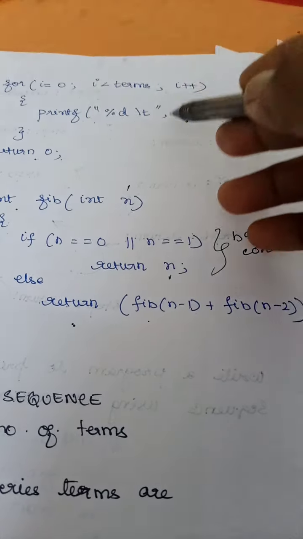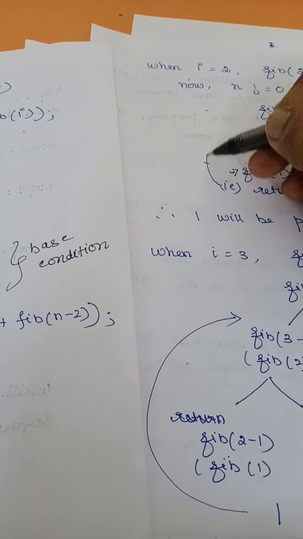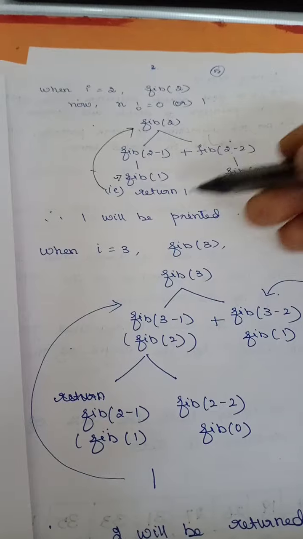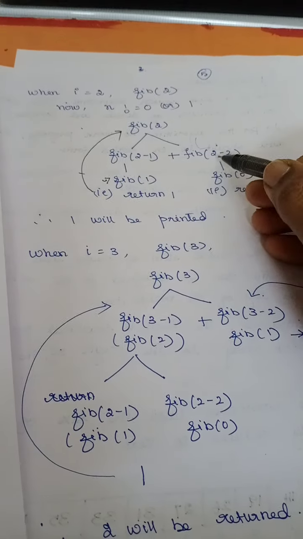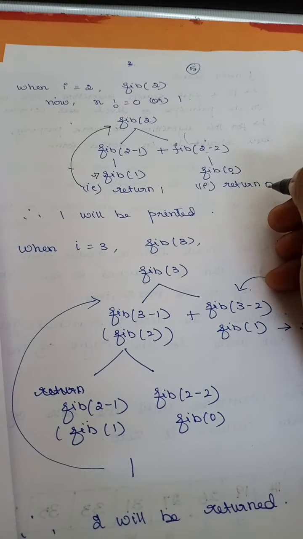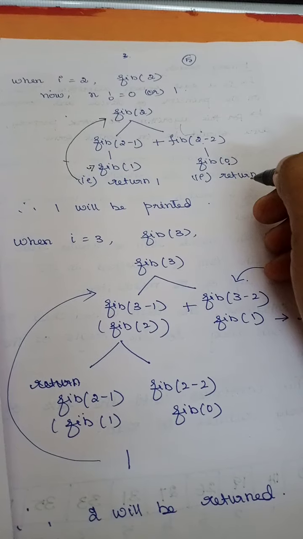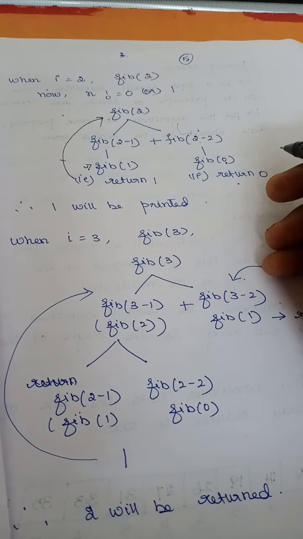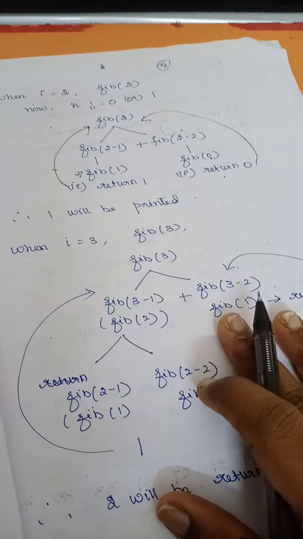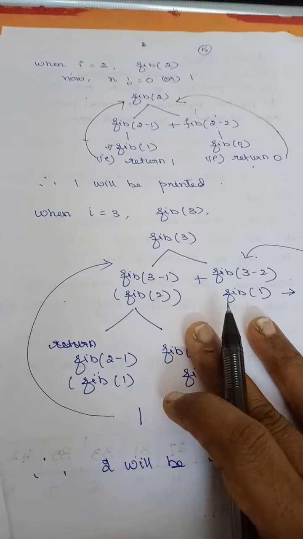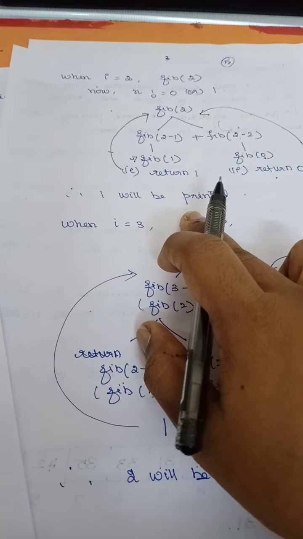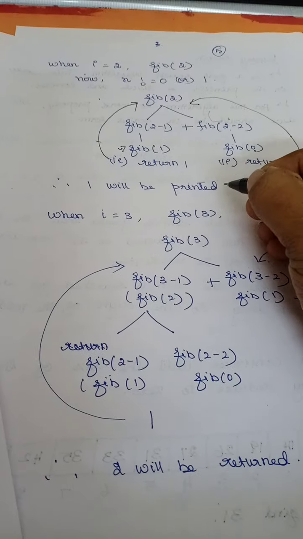Now I will not return to the main program. Where do I have to return? I have to return to the caller. Is that clear? So here 2 minus 2, again it is going to be 0. So I will return 0. Now here again the return will go to the caller. This return will not return to the main program. Instead it has to go to where? This is the caller. So 1 plus 0 is equal to what? 1. So 1 plus 0, that 1 will be returned to the main program. Is that clear? It will be printed in the main.